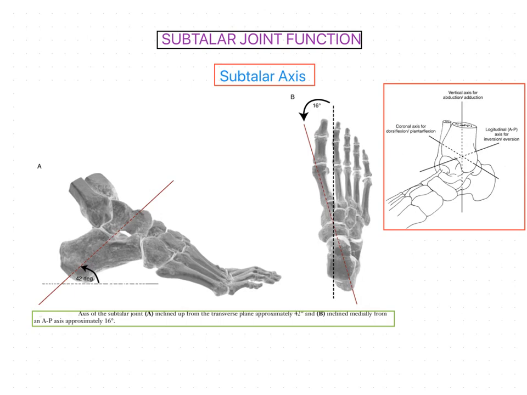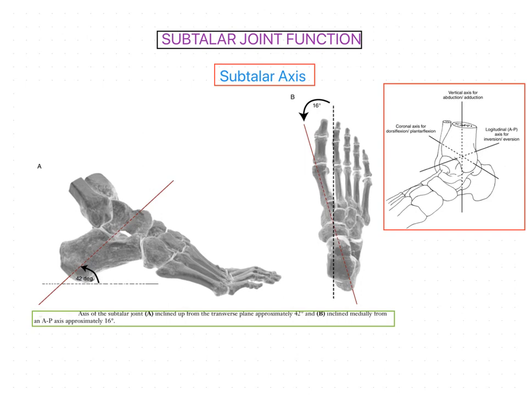And also, due to weight bearing, what happens to the subtalar joint motion? And because of these changes in the subtalar joint motion, it also affects the leg. So what is going to happen in the leg during weight bearing,